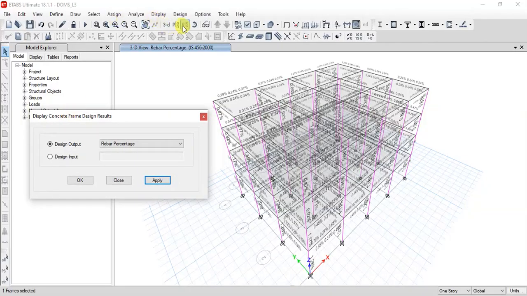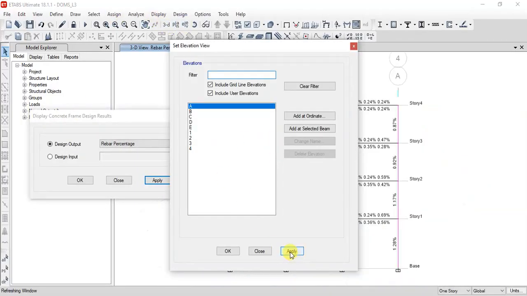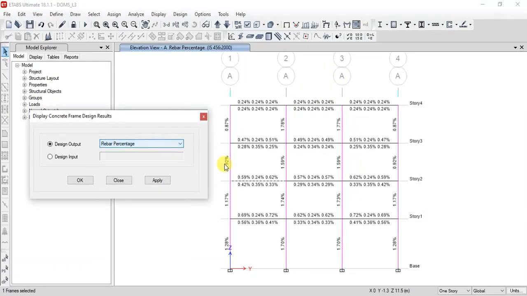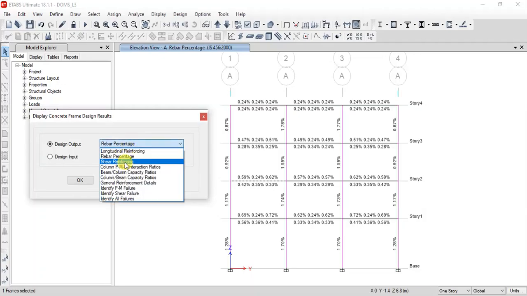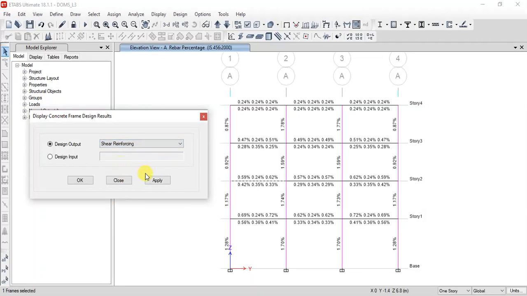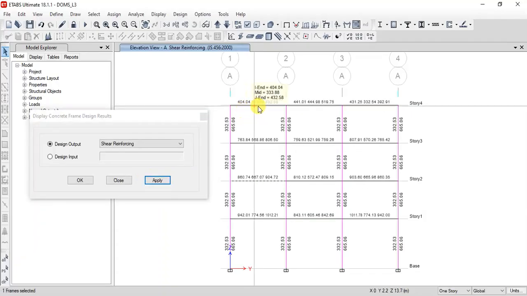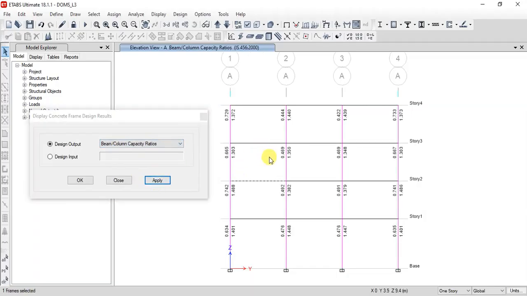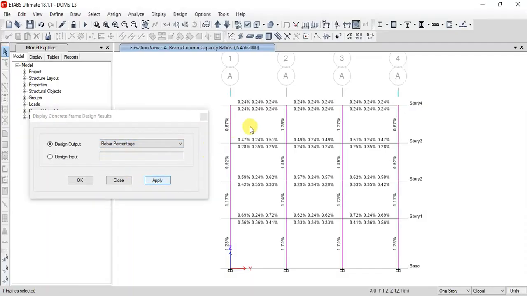If you see the elevation, you will see the percentage of steel that needs to be provided, so you can use this for your design purpose. And for shear reinforcement, the amount of shear reinforcement is also provided here. Similarly you have quite a lot of options; you click on the respective one and you will get the required details.